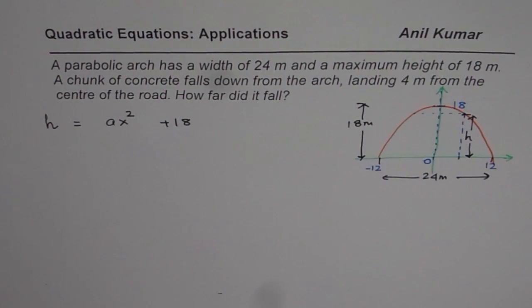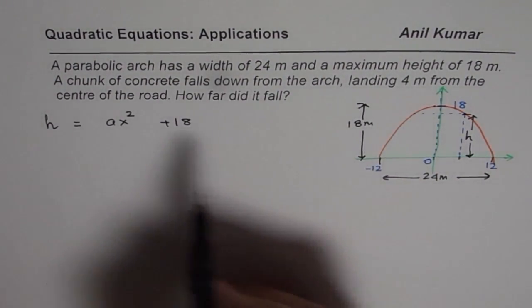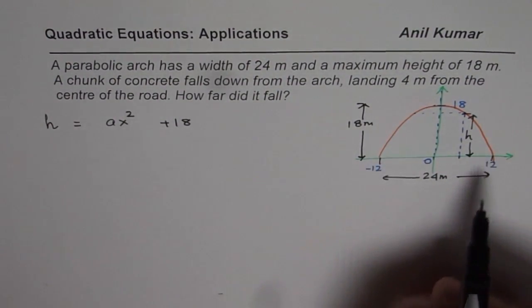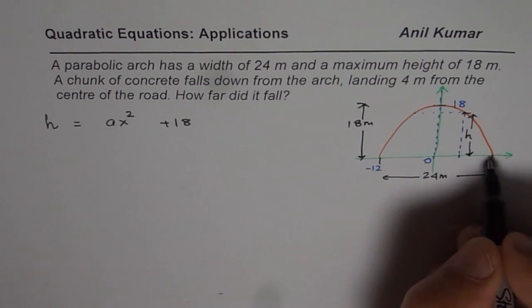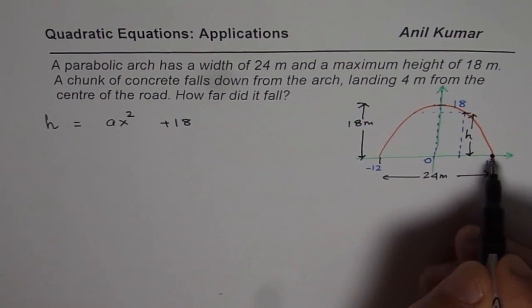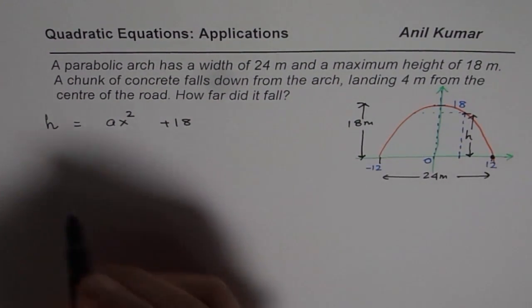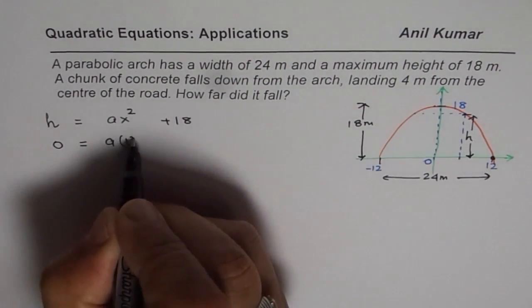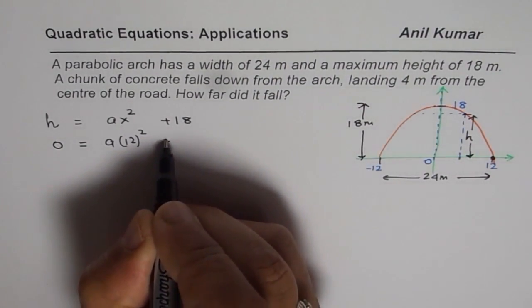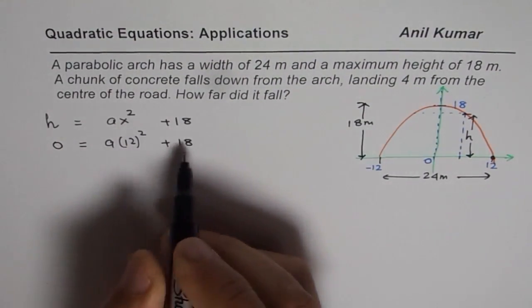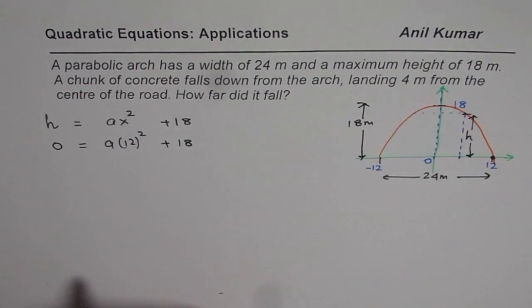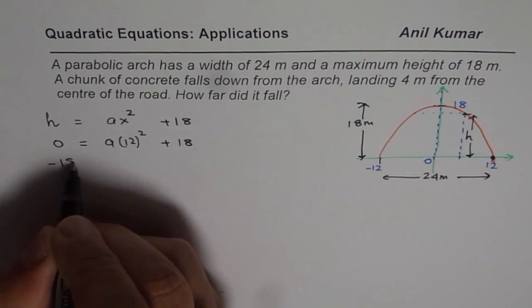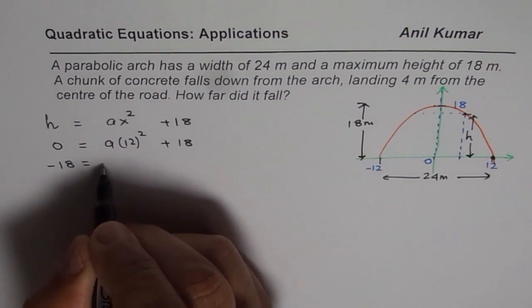To find the value of a, we could use these x-intercepts. We could use 12, right? So if I use this point, in that case height is 0. So we can write 0 equals a times 12 squared plus 18, and rearranging we can find the value of a, which is minus 18 equals